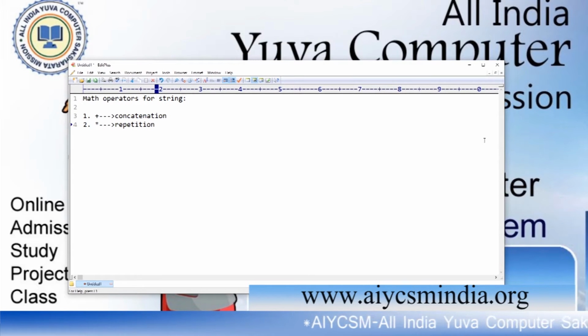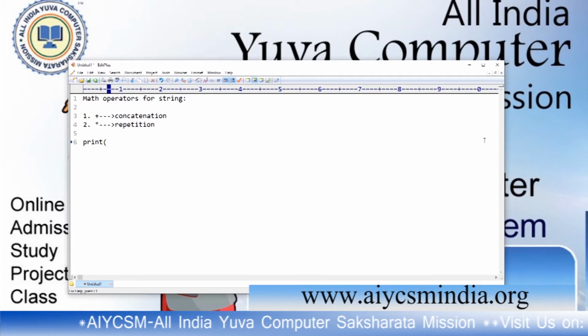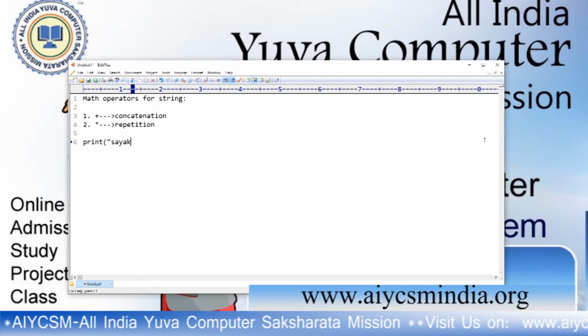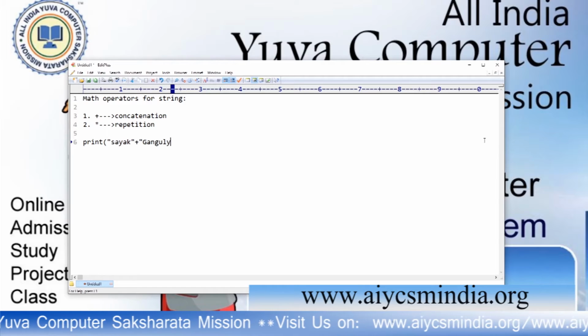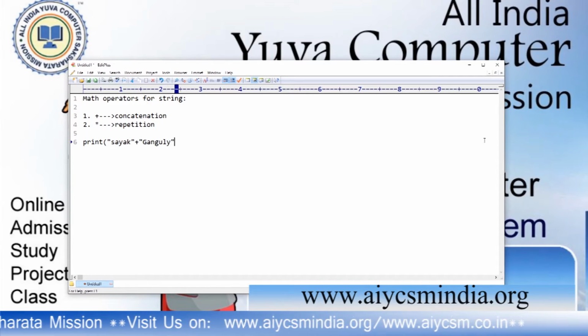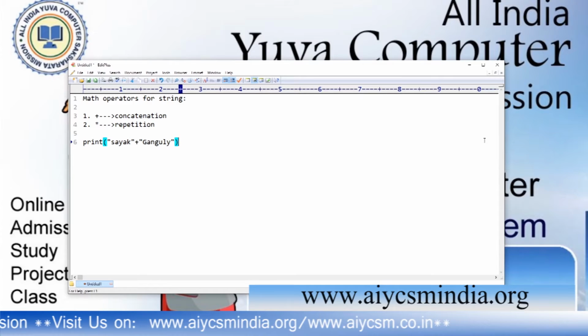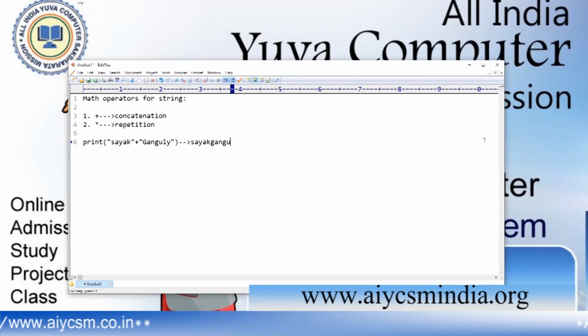So if I print, we can concatenate two strings. It can concatenate these two strings together and produce the result.